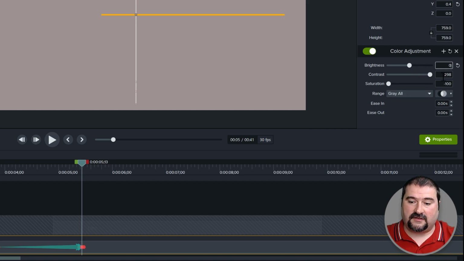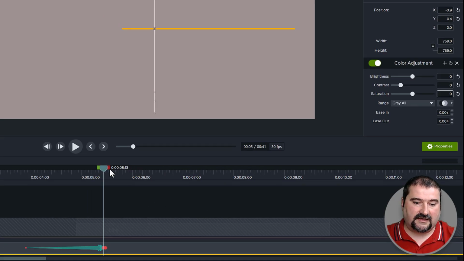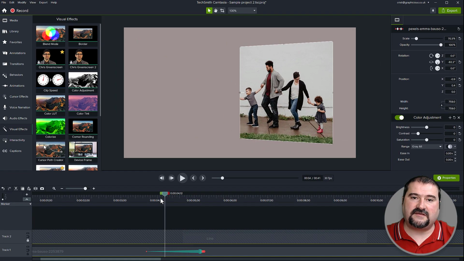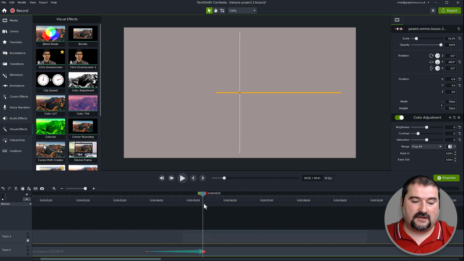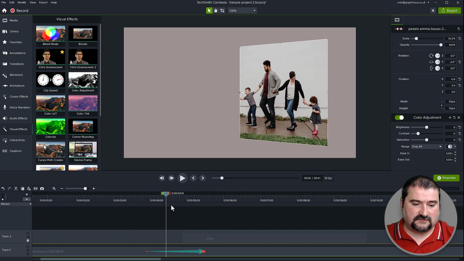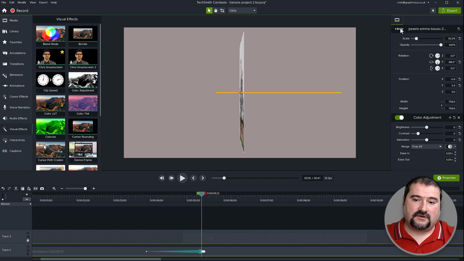And again, I'm going to make everything 0 and defaults here. Okay, so now there's nothing happening. It just becomes very saturated for some reason. I have to put the saturation to 0 like this. So there you go. Nothing is happening right now. I should have turned on the global animation before. Anyway, turn it off now.